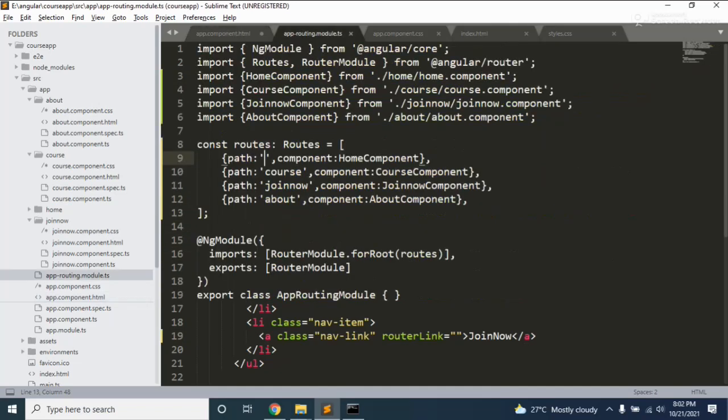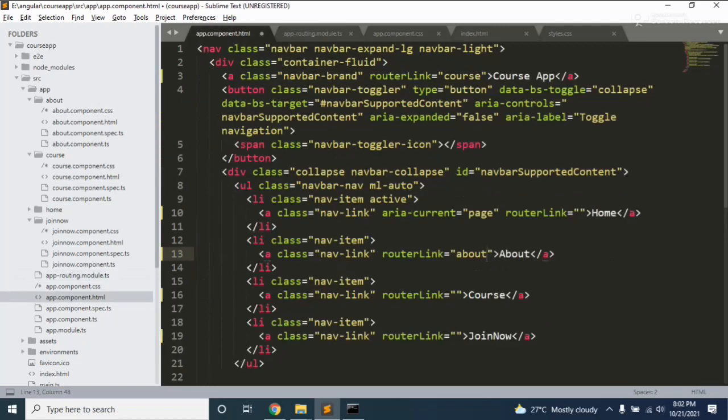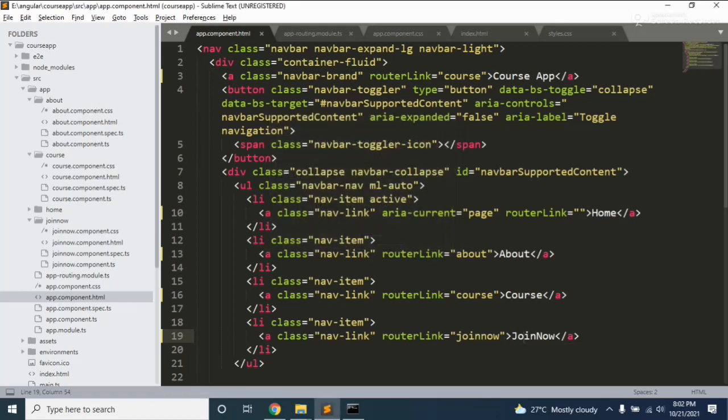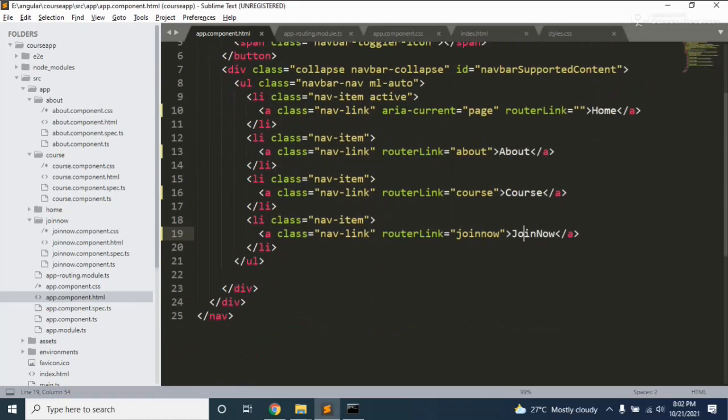Okay, let me check first. This is the about, right? The same spelling should be here. This is the course, and this one should be join now. So how is it connected to the application? We need to add another thing here, the router outlet.